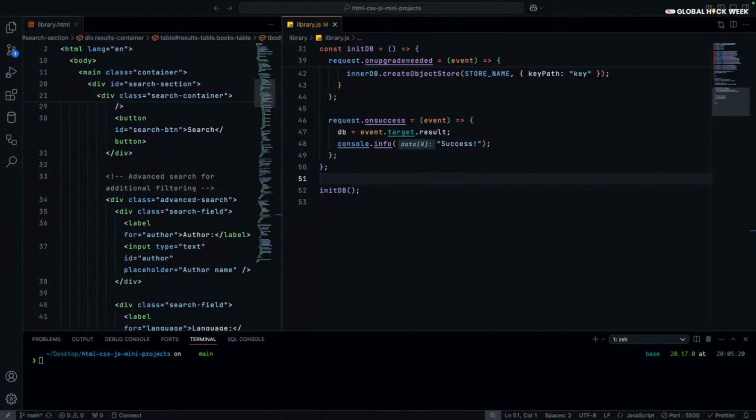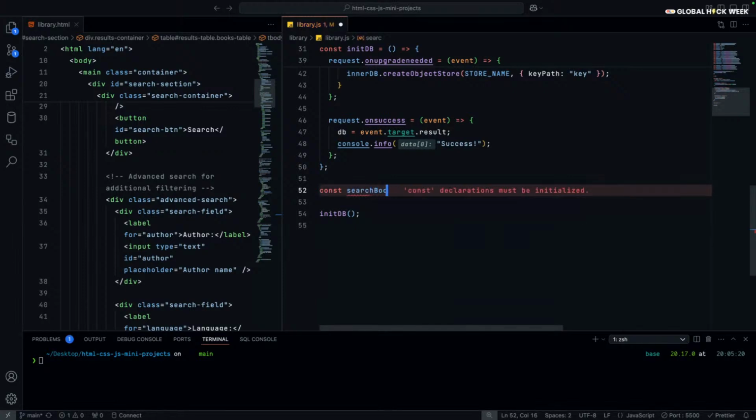What should I focus on next? So now we have created a database. We have seen how exactly to create it. Now let's implement searching of books. Okay, yes. So now const search books